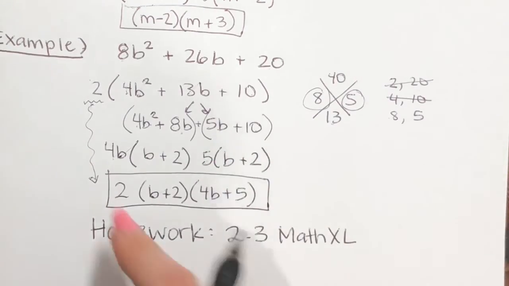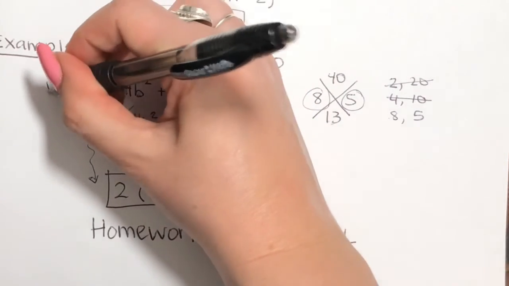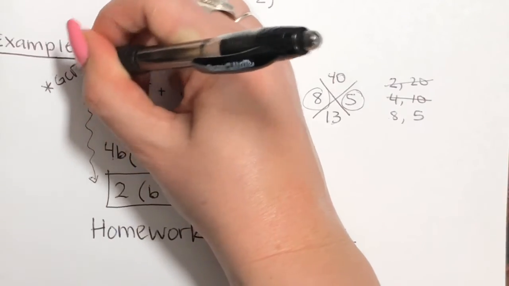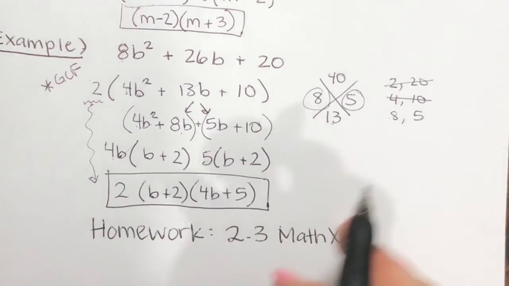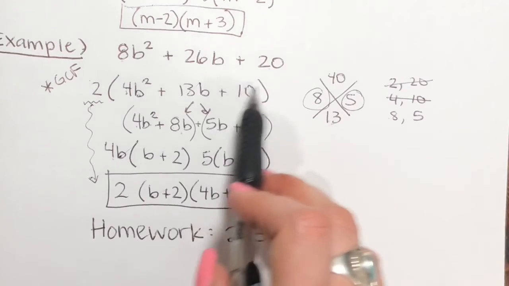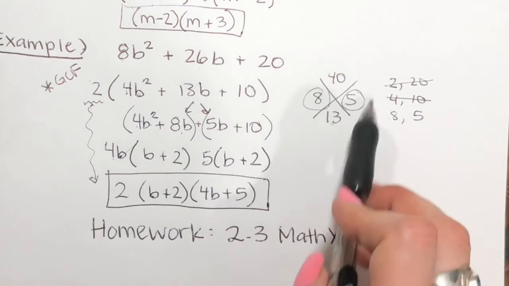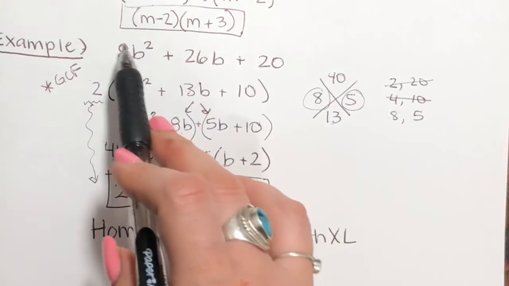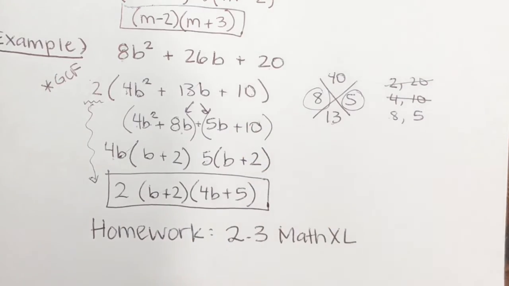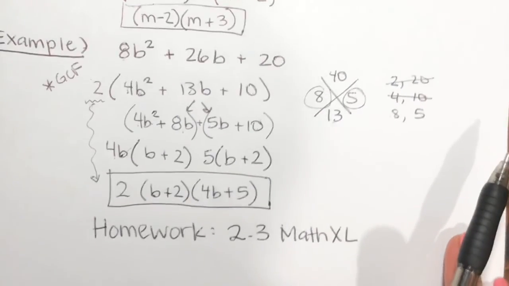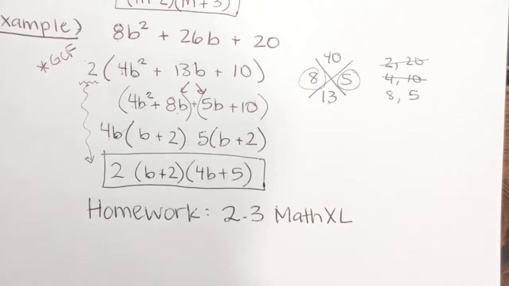So that's what happens when there's that greatest common factor first. We want to make sure to take it out. But again, that's going to be in your best interest because the numbers will be smaller, and it's going to be a lot easier to do this part with smaller numbers than if we had kept the 8 and the 20 and the 26. So your homework, though, is just going to be on Math Excel 2.3,